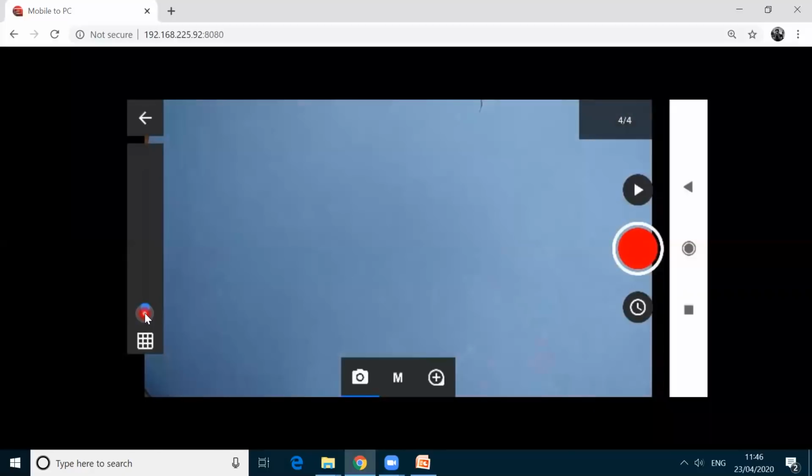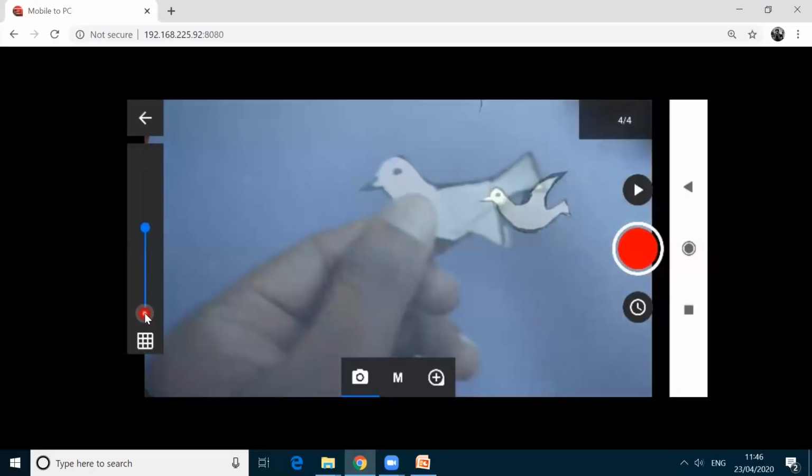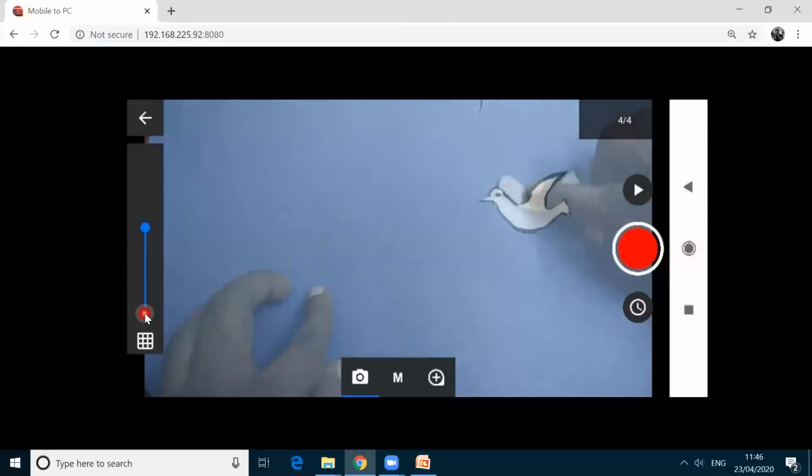I am moving this one, see, it displays the last frame. Okay, the last frame, it was here. I am keeping this one here. This one is a different image, see. I am going to place it exactly here. Okay, somewhat okay.